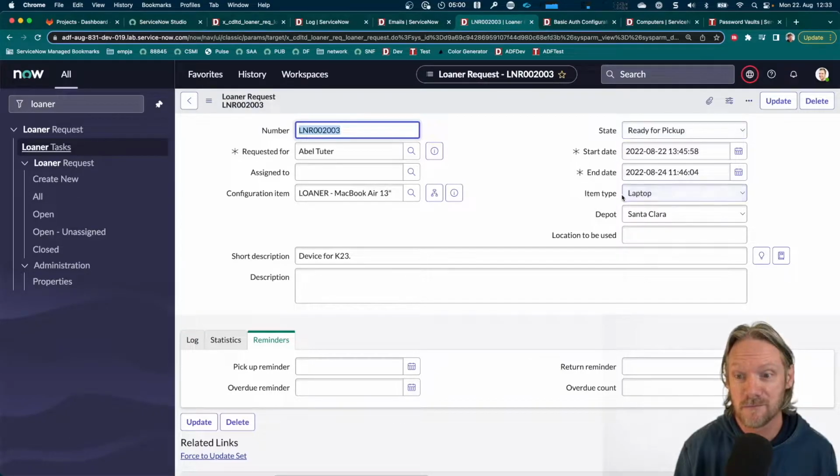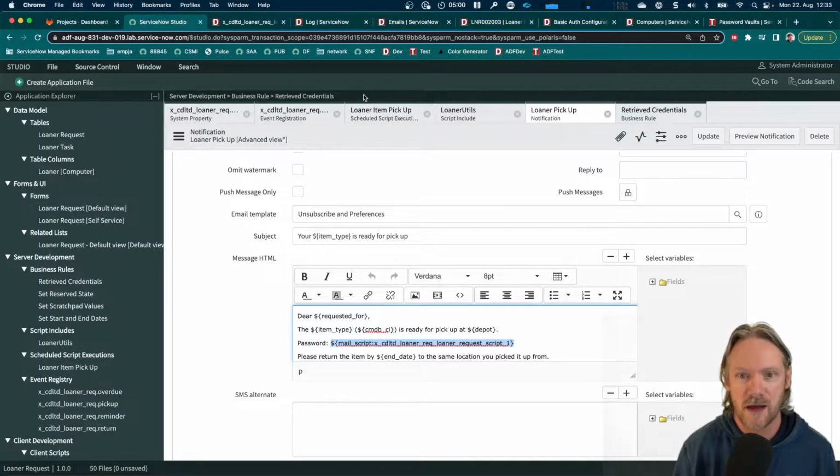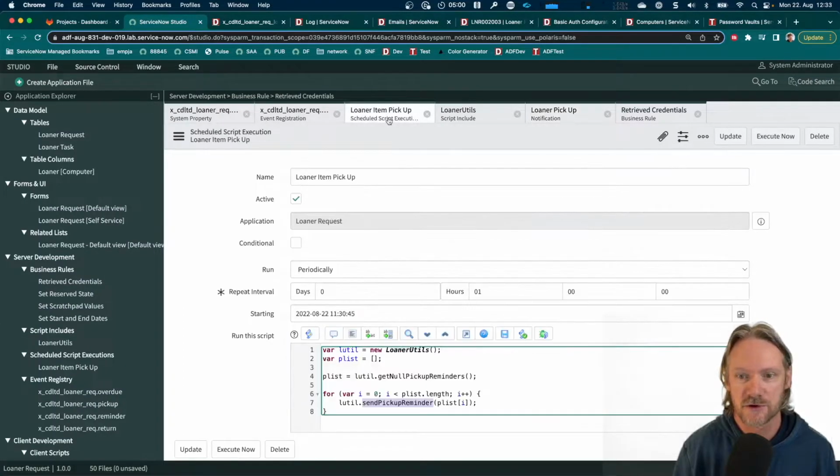Okay, the item type needs to be laptop, and you need to have a configuration item here for which you have a password in your other instance. Okay, and I have already. Okay, so if I come back now to my scheduled script and then execute that,